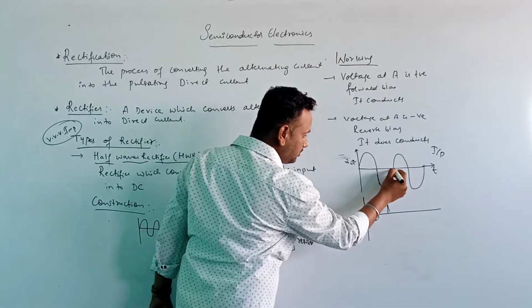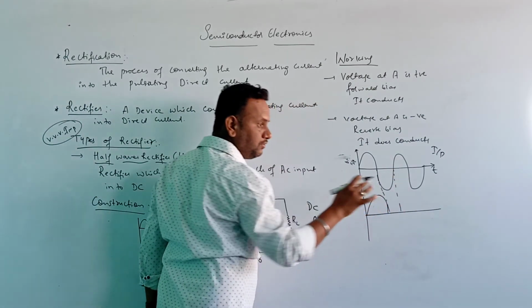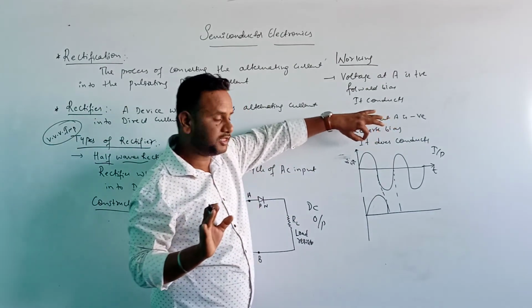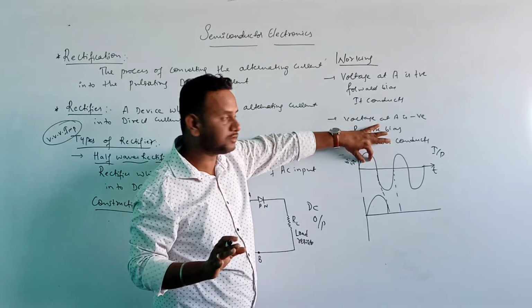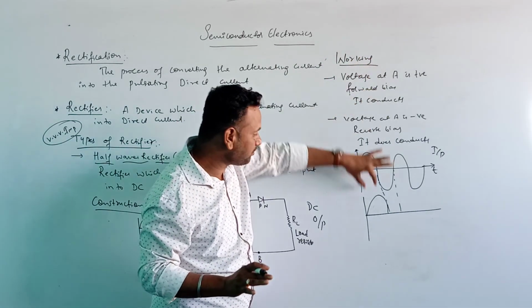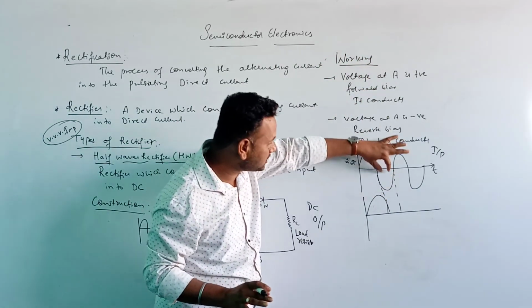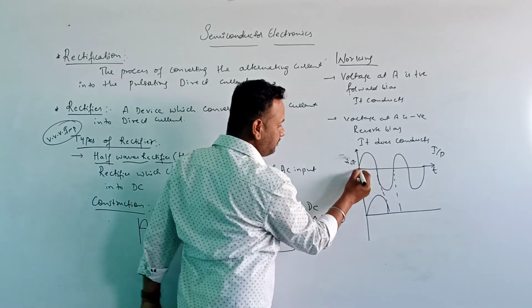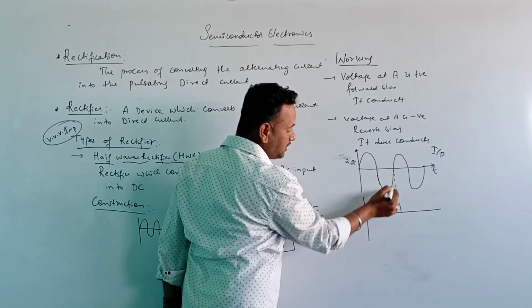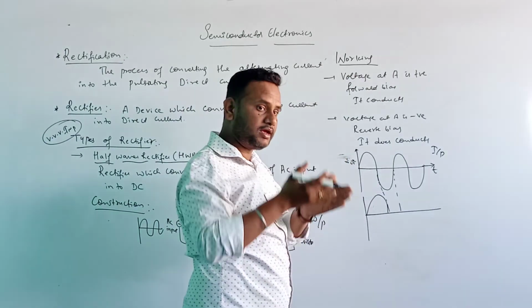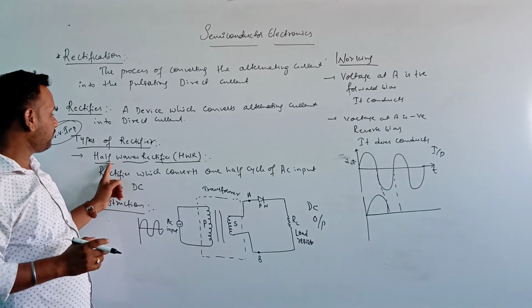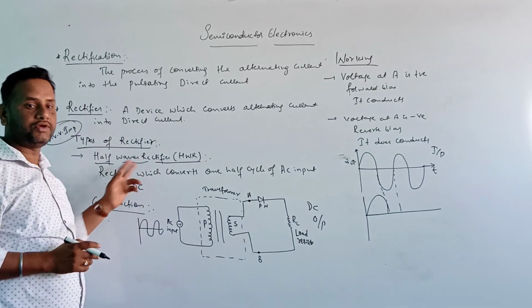Okay, for this half cycle we are not getting the output here. Once again, during the half cycle of the AC input it is becoming forward bias, so it conducts. Hence we get the output here. For the next half cycle, okay, this is a complete cycle with one crest and one trough. So for the complete cycle, उसमें हमें क्या मिला, एक half cycle output मिला हमारा. Half wave rectifier, the name itself is telling half wave rectifier.